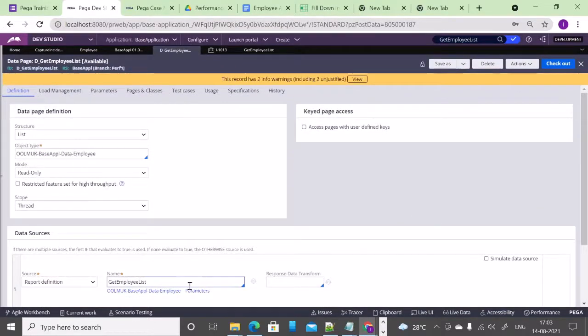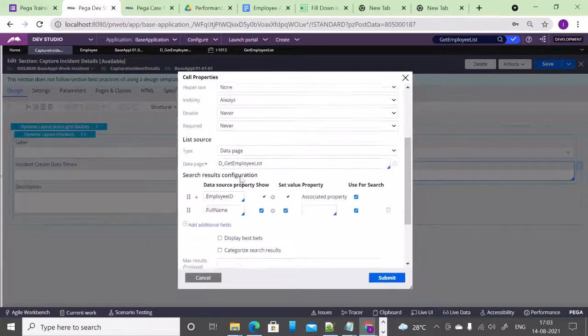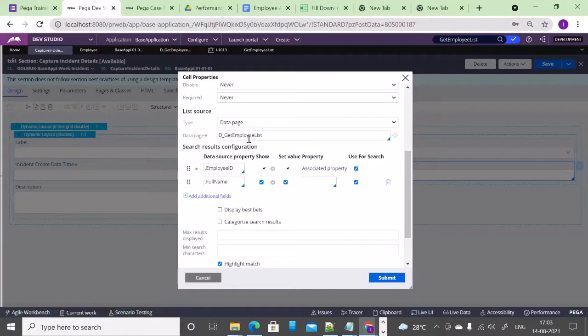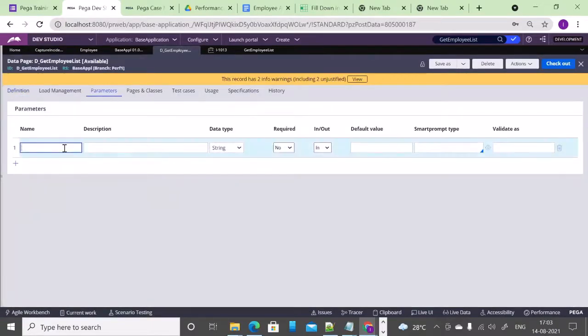Let us go to the UI where we were actually configuring it. So there is an option which you are not able to see. Let me go to the data page and now say search text. This is the parameter, whatever the user is entering on the UI, I would pass that as search